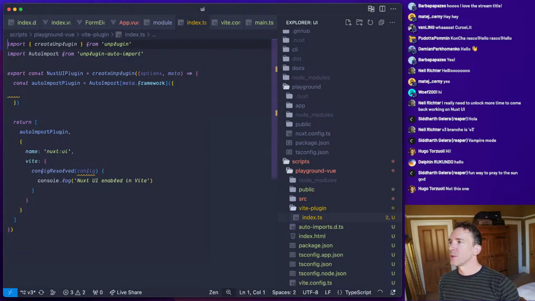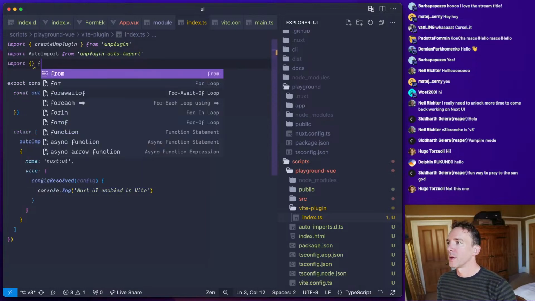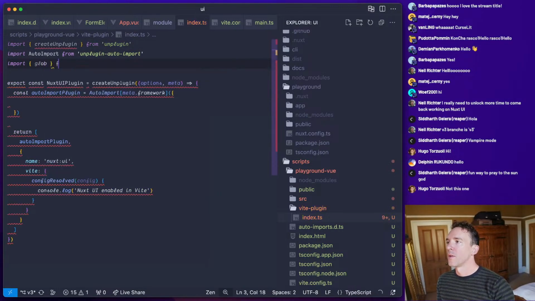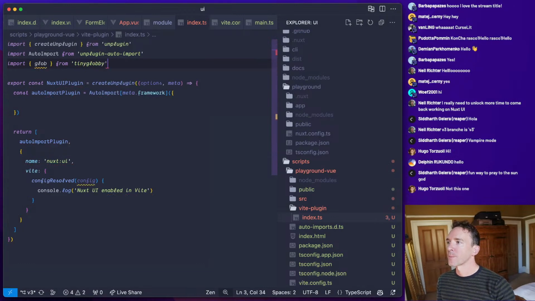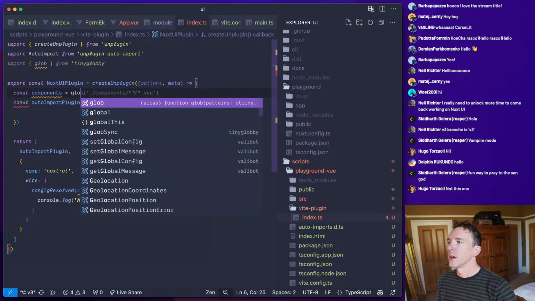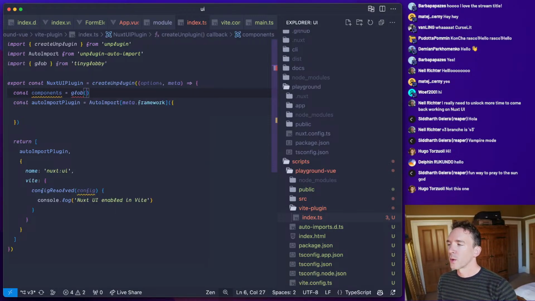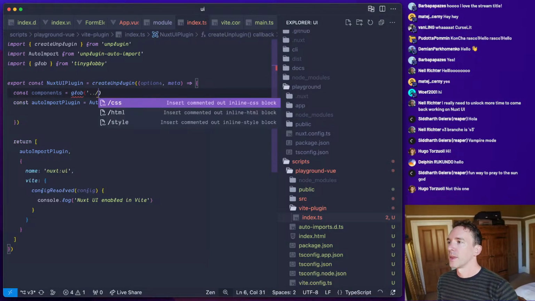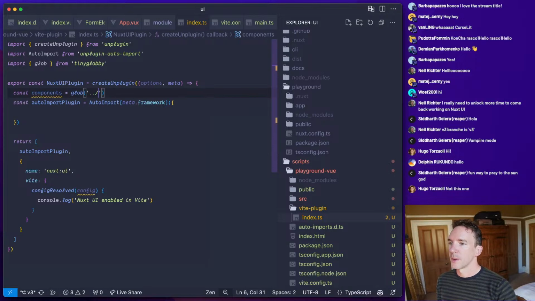And we will want to do something like import glob from tiny-globby. And we are going to want to do something like const components equals glob, and then we need to pull that in from... we're going to change this, right? At the moment, this is in the playground, but ultimately this is going to be a separate library, right?